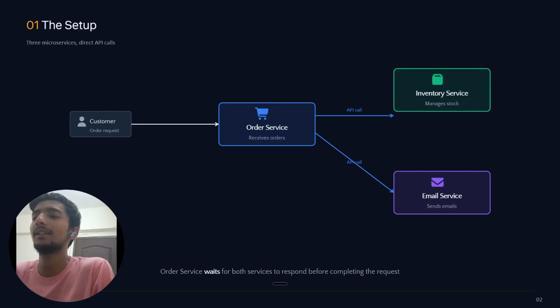An early stage startup has traffic requests at odd times, not all at once. It's totally fine for that case, but things get worse when you get a sudden 1,000, 5,000, 6,000 requests in a short span of time. In that case, the order service feels back pressure because the inventory service has to do a DB call and the email service has to do a third party provider call. They will take a constant time.